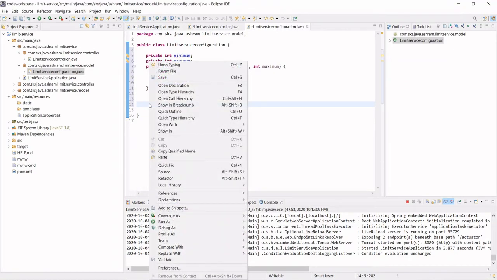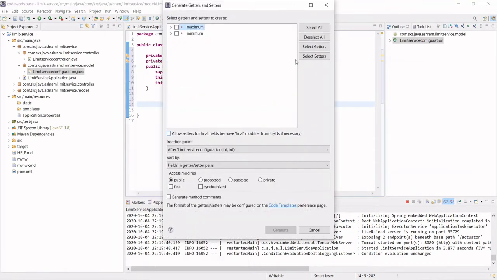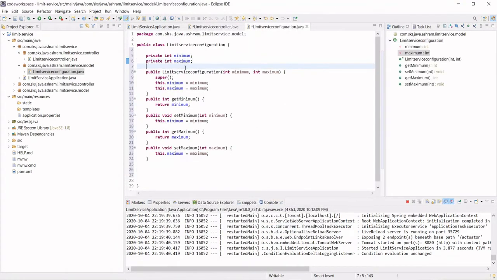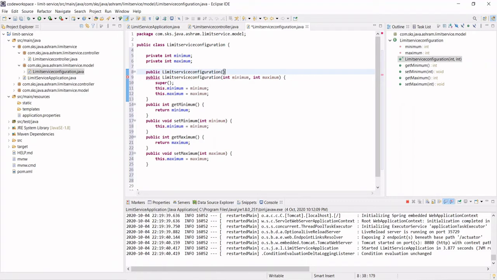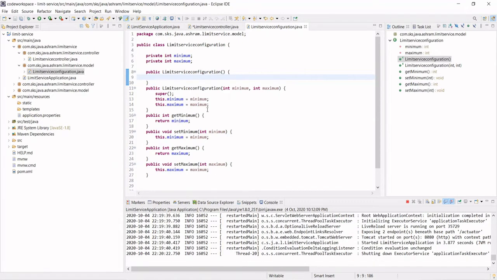Okay, generate then getter and setter. Okay, and generate one default constructor as well. Okay, so this is nothing, this is a simple bean.